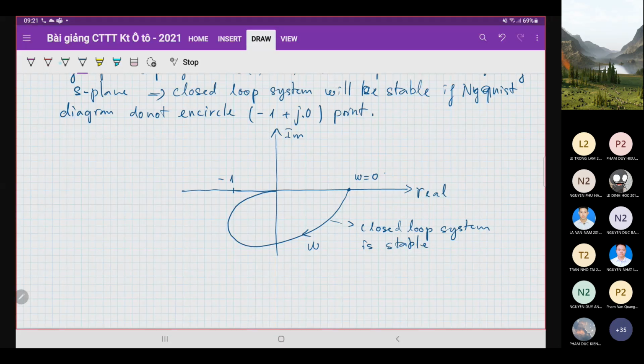But in another case, for example, when omega equal to 0 and the curve goes around like this, then because the point -1 plus 0j on the real axis is encircled by the Nyquist diagram, the closed loop system